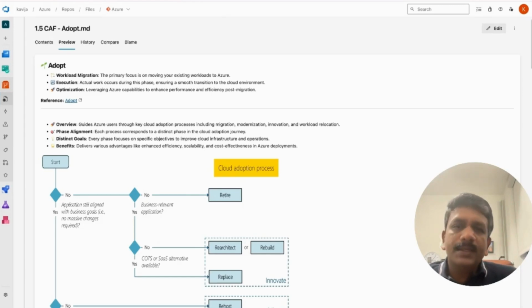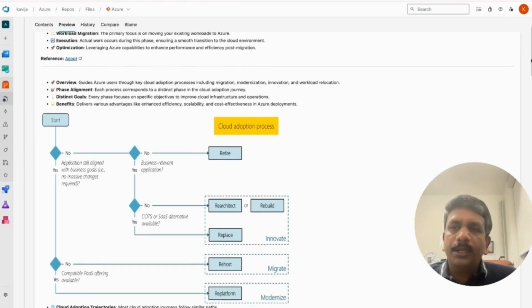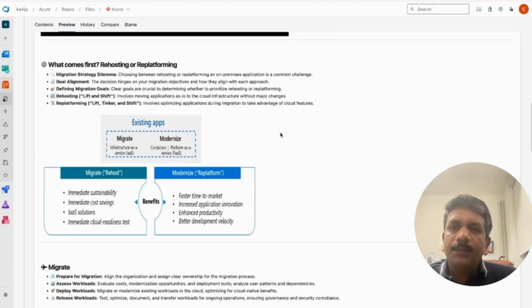In this video, we'll be discussing the adapt phase in the cloud adoption framework. In the previous video, we discussed the ready phase, wherein we deployed the landing zone. By this time, you will have your landing zone ready. In the adapt phase, we will be migrating the workloads on top of the landing zone that we have already deployed. Before you get started, you have to decide which one you want to do first, whether you want